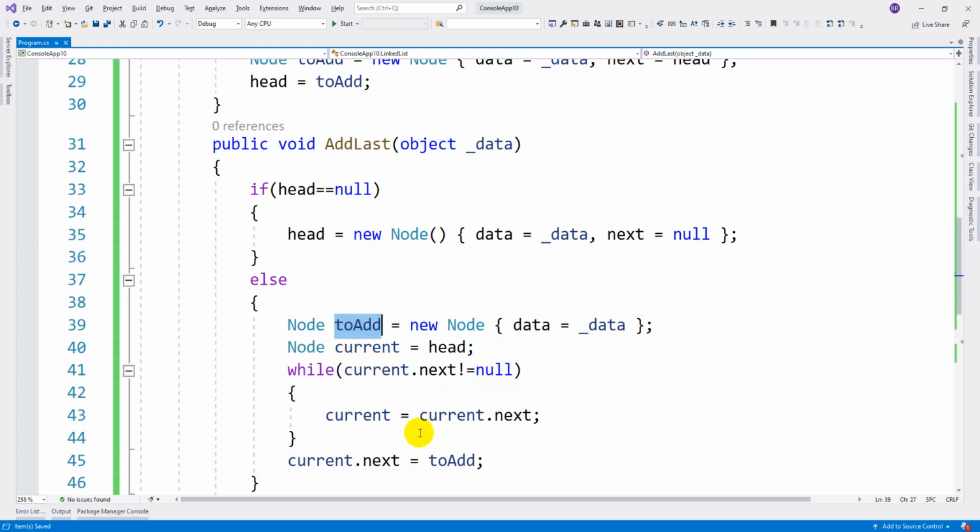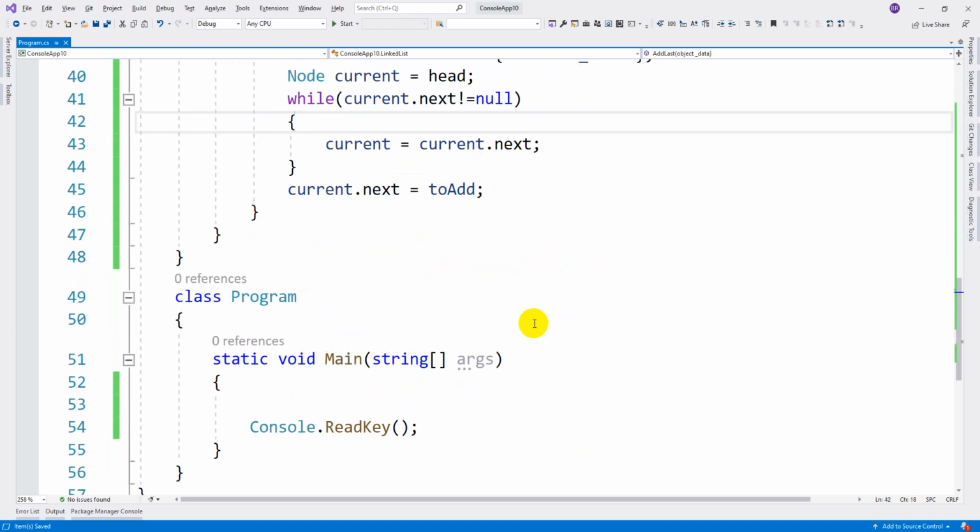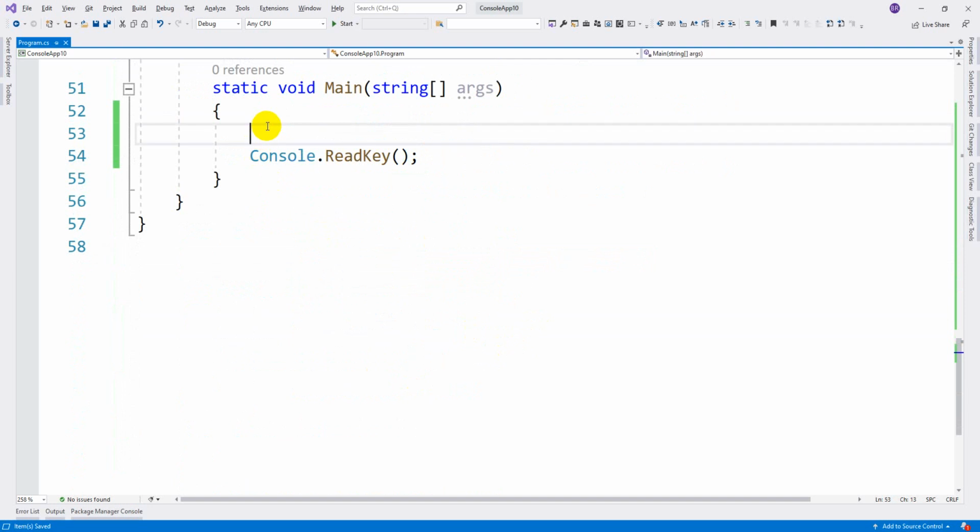So node to add will be the next element. Whenever we don't have any value, then we are initializing next value as the current element. So we are assigning this value to the next adjacent element. So this will become the last one. Now let us call from the main method with add first method. We are implementing this.